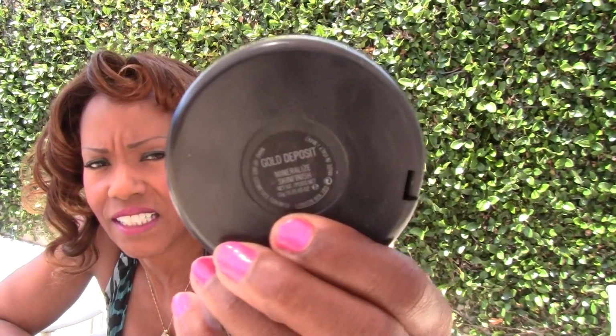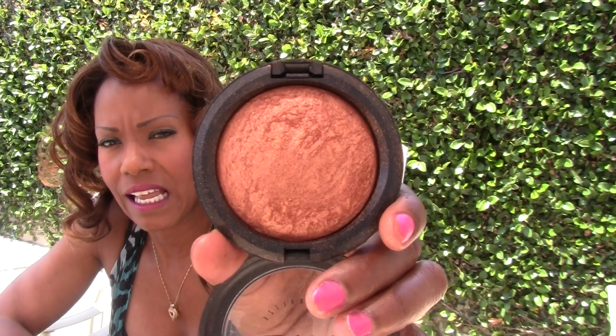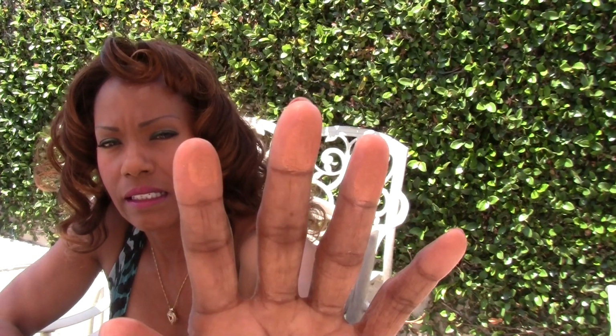MAC's known to give you really glittery mineralized skin finishes, and this is one. This is called Gold Deposit. This one is still on the MAC website. And it looks like this. And all you need is a very little bit. This is Gold Deposit. Now, if at any chance you want a gold highlight finish, this is very, very beautiful,